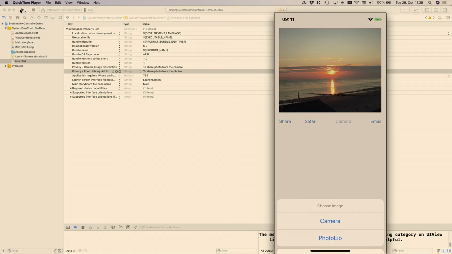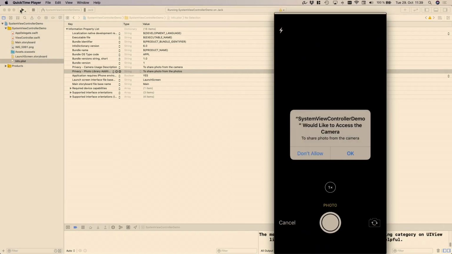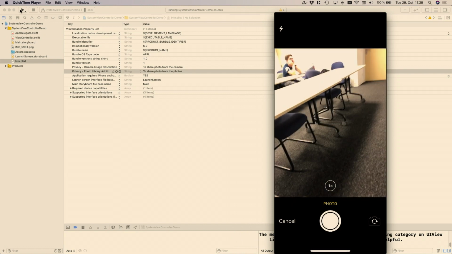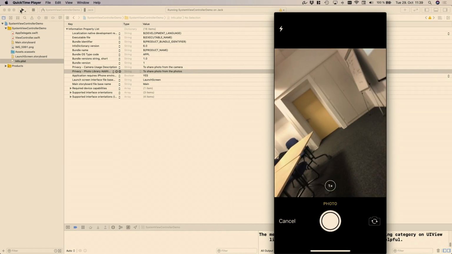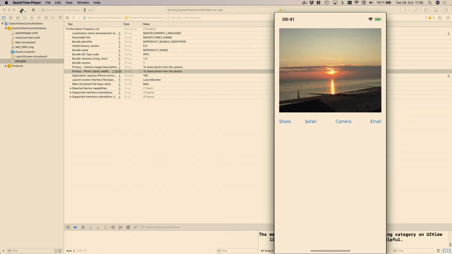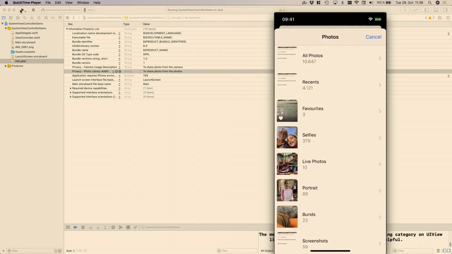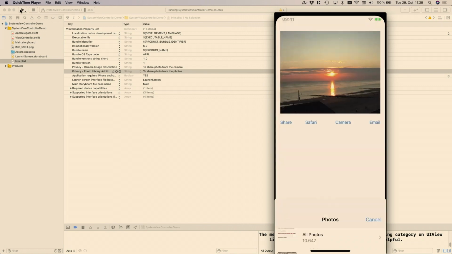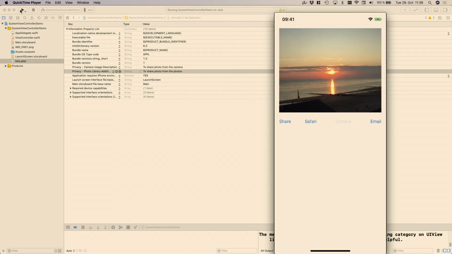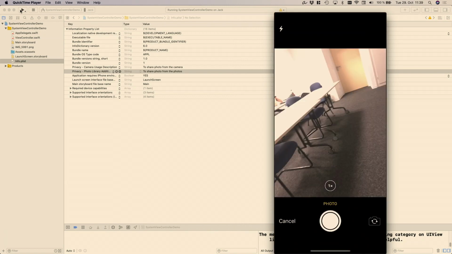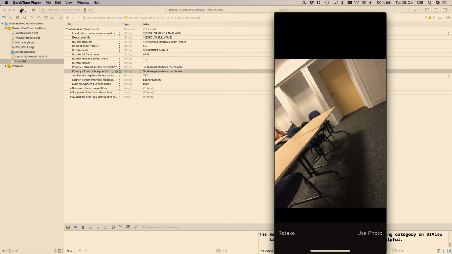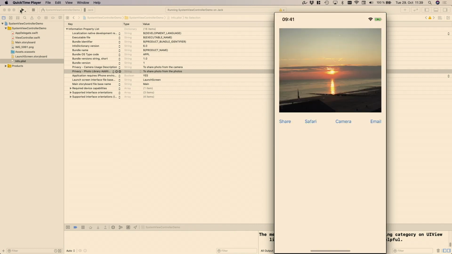Going back to this one, I'm taking the camera, and now I have the camera, and you can see here, this is the question that I just typed in to share the photos. Then I can use this to get an image, and if I want to cancel that, I can. I can use the camera or take one of the photo library, and then it does the same thing. However, if I now take a photo, it takes a photo, and I use the photo,